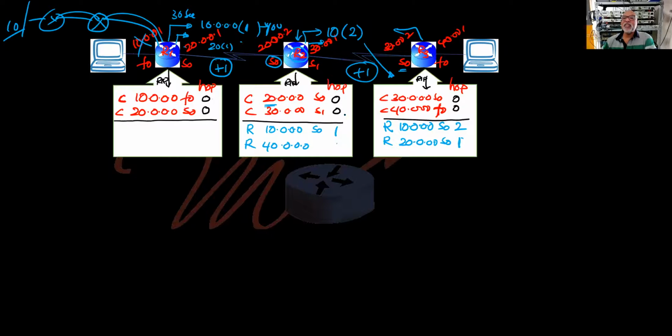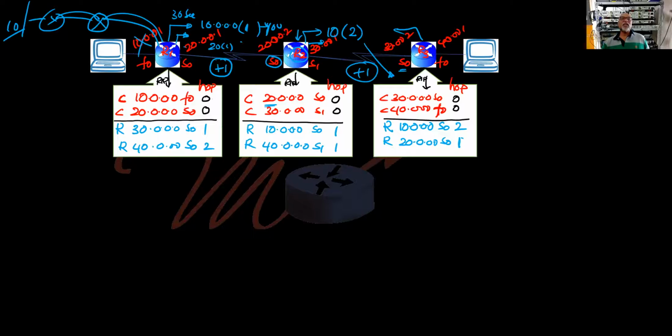He can tell 30, I already have it, right? 10, I already have it. Imagine this: 40 via serial, 1 hop. Then it comes here, 30 via serial 0, 1 hop. 40 via serial 0, 2 hops.